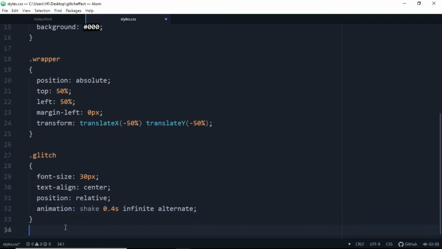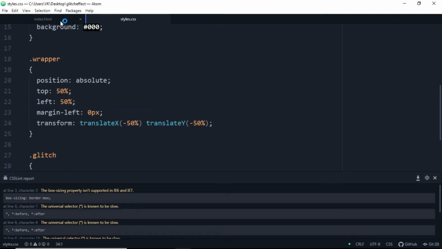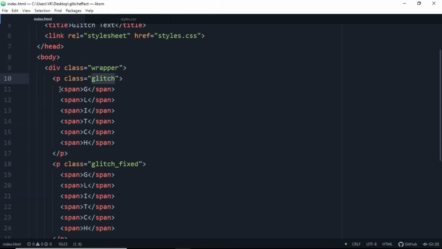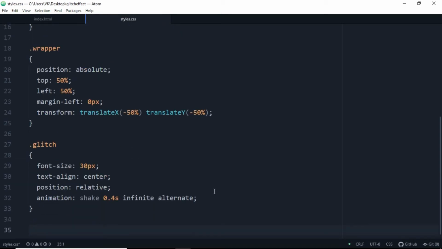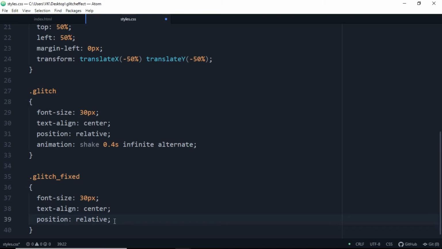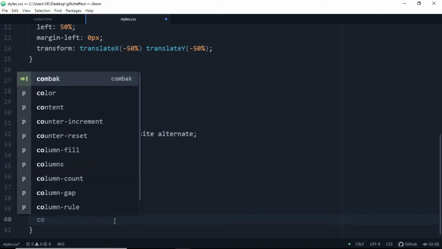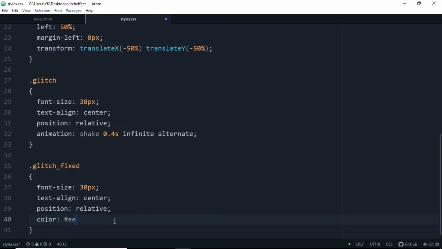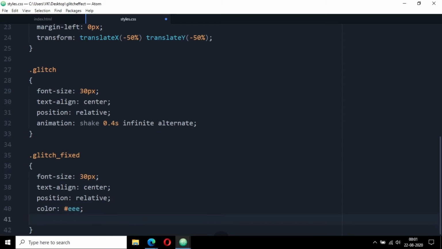Hit enter and the another thing which we are going to target is this span tags here, and this is the glitch fixed. So first let's target this glitch fixed here. Hit enter, add a curly brace and just copy all 3 lines and let's add color here, which will be hashtag EEE, which is some kind of white color.